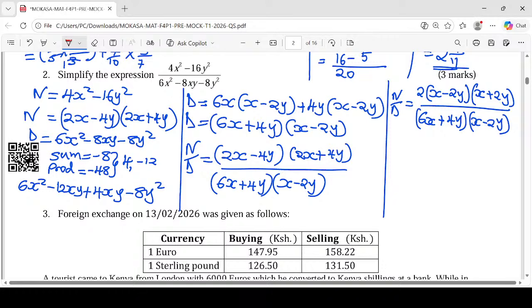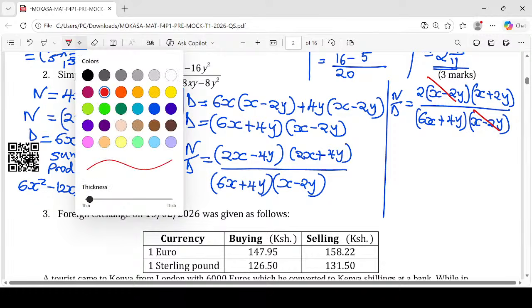And once they cancel, so let's have them cancel out. So this one here and this one here cancel out. Once they cancel out, I'm now left with